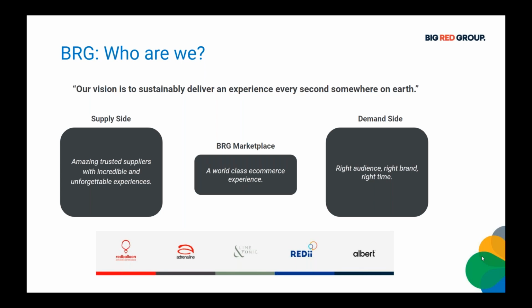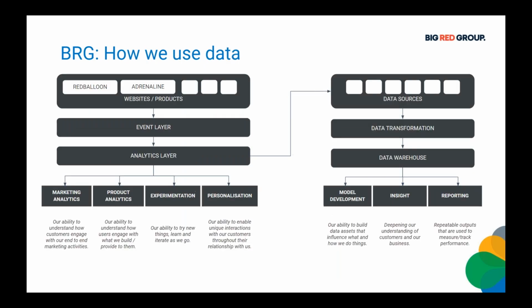In terms of our data stack, we obviously have all of our websites and products, but we also have loads of other data sources on the right-hand side, which we collect data from as well, whether that be a CRM, email marketing, and so on. On the left-hand side, I talk about event layers and analytics layers, and on the right, I talk about data transformation and data warehousing. But ultimately, that results in us as a business being able to do the 7 things here. And this is what I spend my time talking